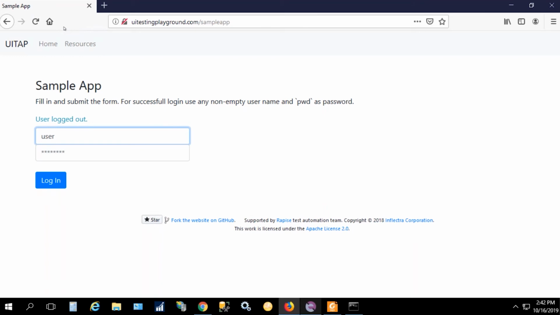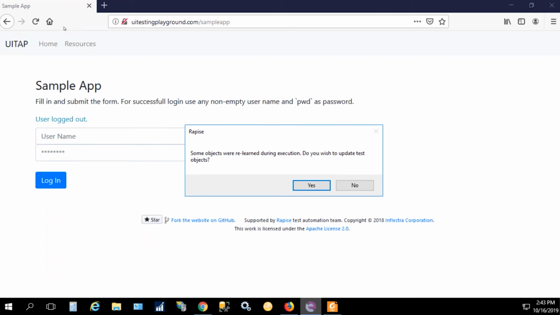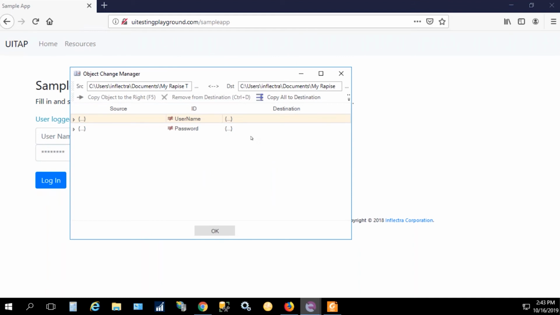Okay, Rapis is able to find the objects. And now we have a prompt. This prompt says that some objects were not found using traditional locators, XPath selectors, but suitable candidates were found, and we may just automatically relearn those objects. So if we want to do this and we click yes, we see the object change manager, and the manager